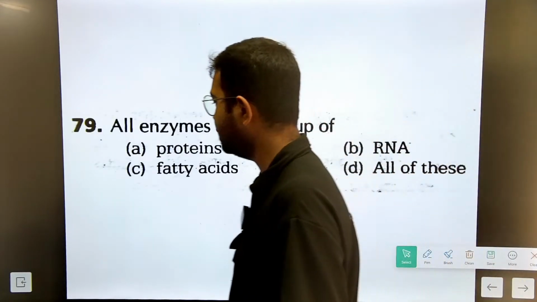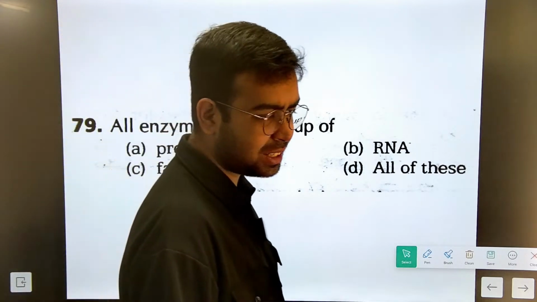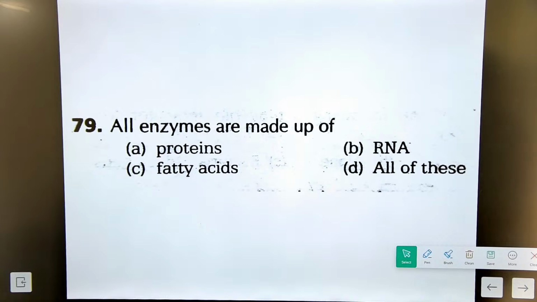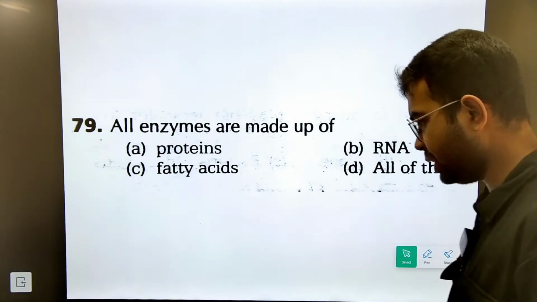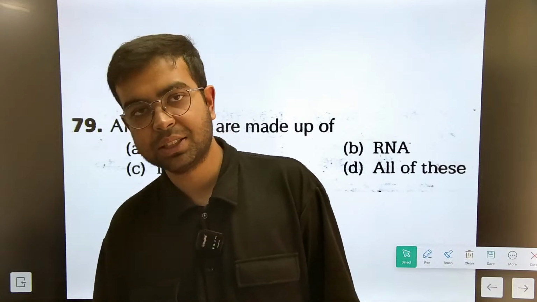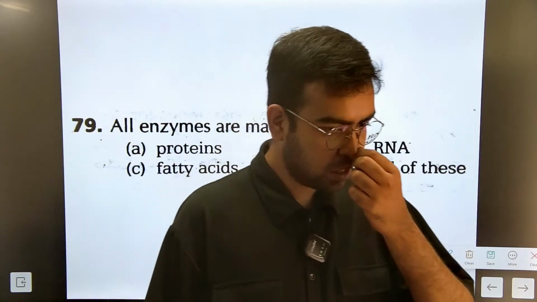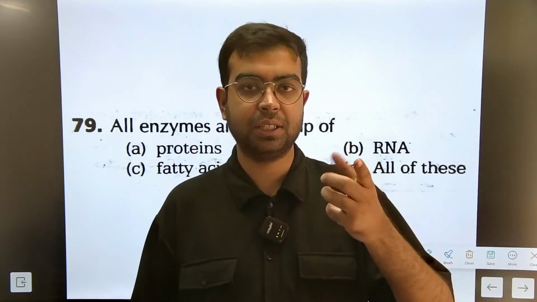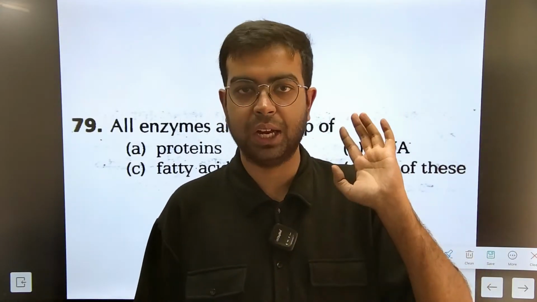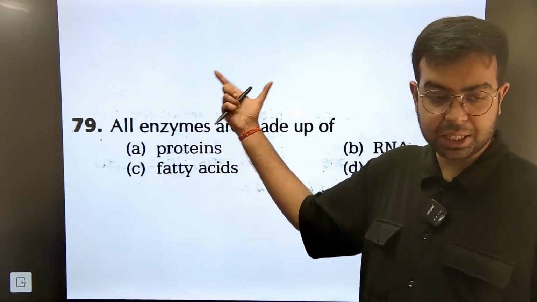Now the next question, what are enzymes made up of? Now what are enzymes? Enzymes are biological catalysts. See, while discussing the chemistry PYQs, I had told you that what are catalysts? Catalysts are certain chemicals or substances which speed up the chemical reaction. मान लो कोई chemical reaction 10 मिनट में हो रहा है, उसमें catalyst डाल दोगे वो reaction 5 मिनट में हो जाएगा, ठीक है. Now, enzyme is a special type of catalyst.